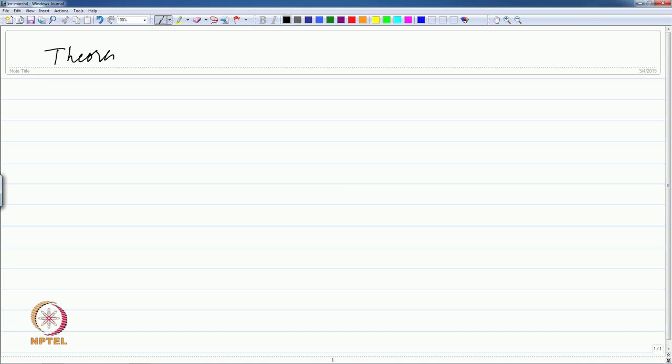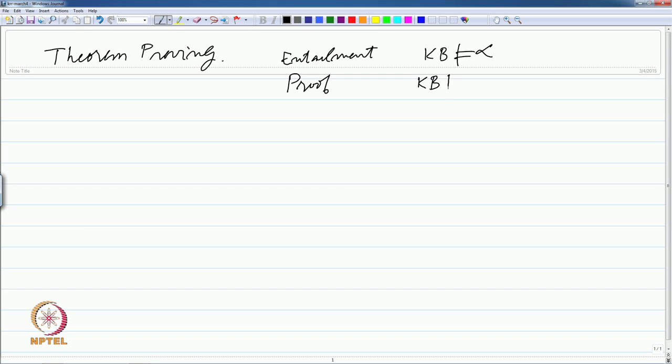Okay, so far let us come back to this topic of theorem proving. If you remember, we had these basic notions of entailment, which says that a knowledge base entails a formula alpha, and then we had the notion of proof, which said that a knowledge base can derive a formula alpha, and then we had the notion of soundness and completeness. In particular, we are interested in completeness,